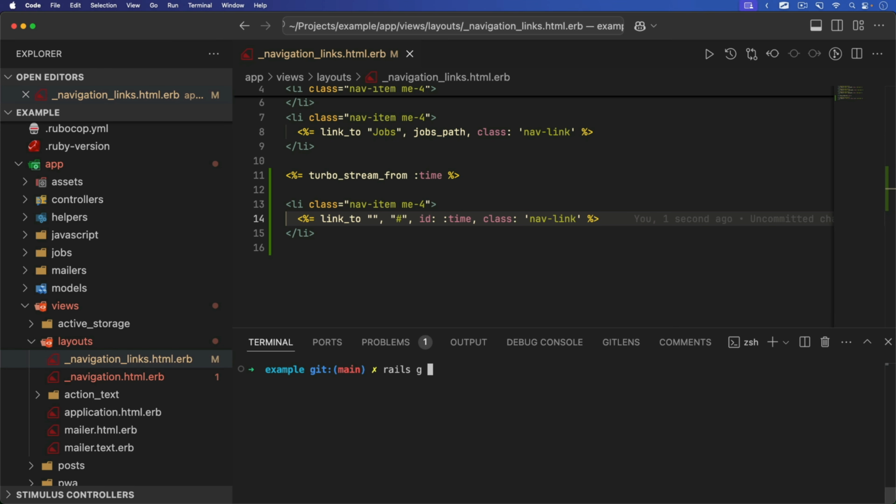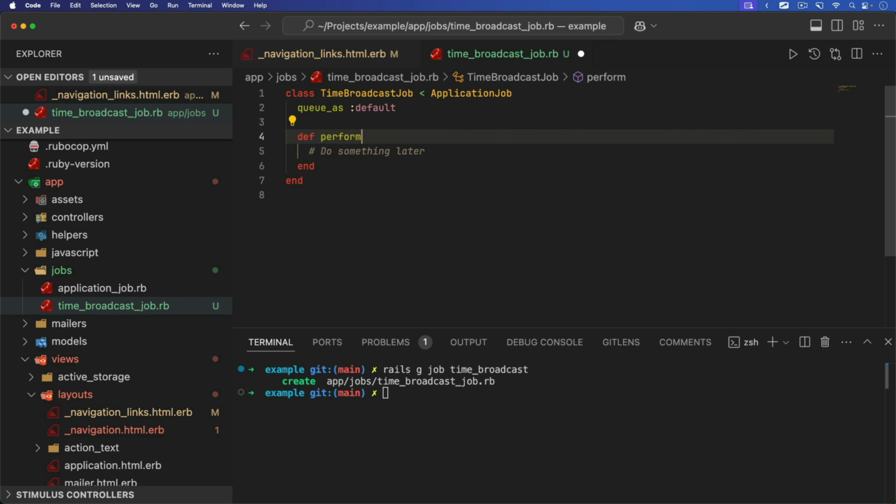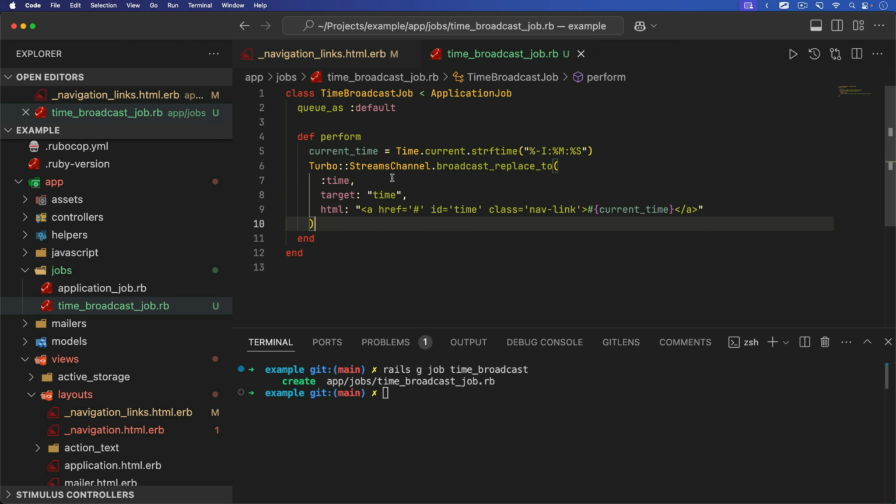the current time. And so we'll generate a job, and I'm just going to call it the time_broadcast. Within this job, we'll simply just get our current time, and I'm actually just going to paste it in here, just because this isn't the primary focus of our episode. But essentially what we're doing is we're just using Turbo, so we don't need to create a custom channel, and we're going to do a broadcast replace to the time channel, and we're going to target the time ID. We're going to render the HTML, and it's basically the exact same HTML as before, except now we're just putting